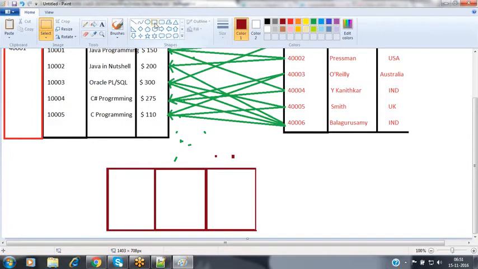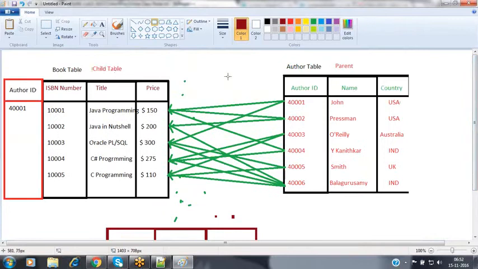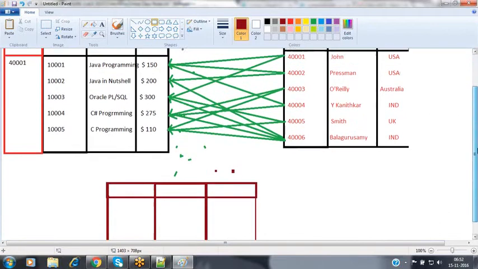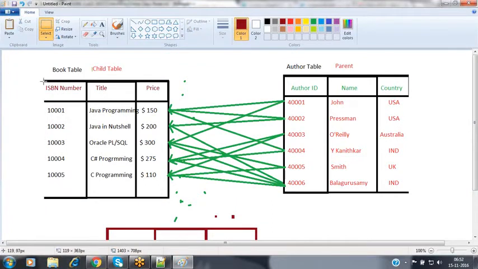This junction object should always be a child to both the parents here. Previously we considered the book as the parent, and then we verified that the author is also a parent. Both are not possible here, and I'm unable to achieve this association. So at that time, we have to make both of them parents. In this case, we are making both of them parents. So now this is also a parent. This is also the parent.